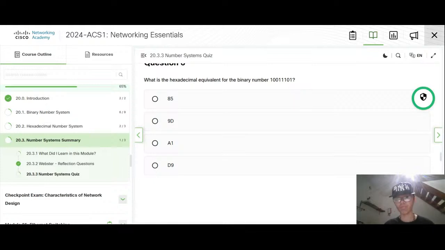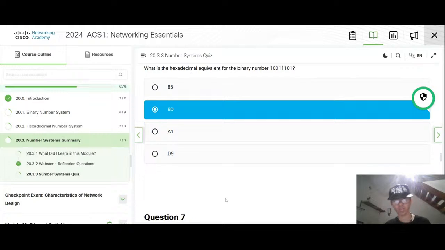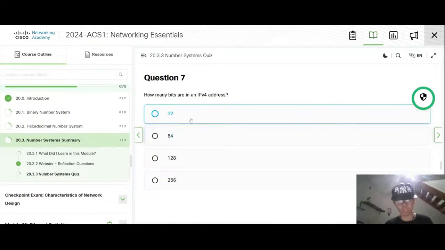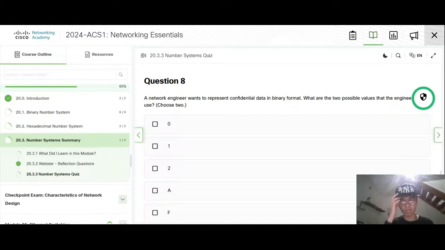The first, this one is 1101, which is 13. D. Kind of weird for me. Sometimes I don't really understand it.